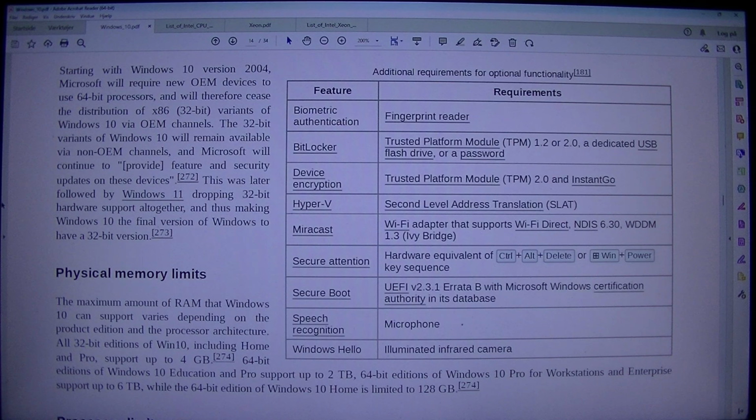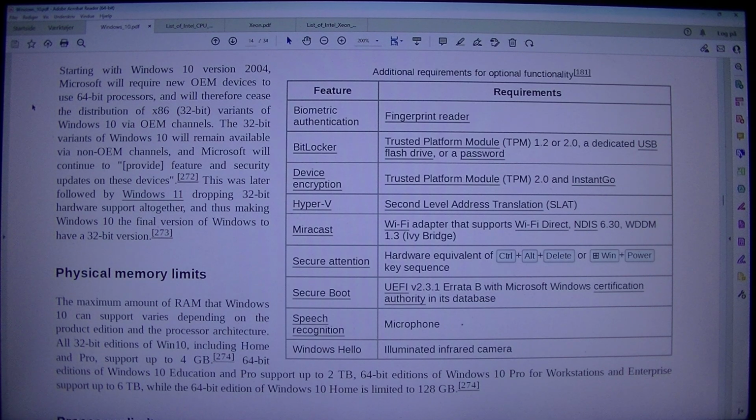Feature requirements: biometric authentication, fingerprint reader; BitLocker, Trusted Platform Module TPM 1.2 or 2.0, a dedicated USB flash drive, or a password; device encryption, TPM 2.0, and Second Level Address Translation, SLAT; Miracast, Wi-Fi adapter that supports Wi-Fi Direct, NDIS 6.30, WDDM 1.3, Ivy Bridge; secure attention, hardware equivalent of Control, Alt and Delete or Win and Power key sequence; Secure Boot, UEFI